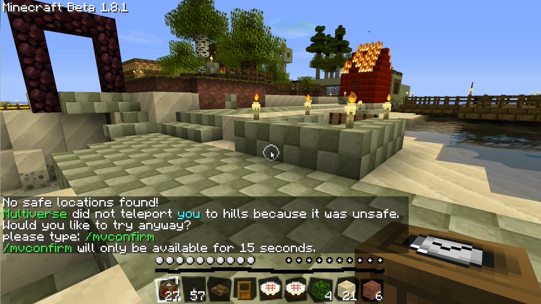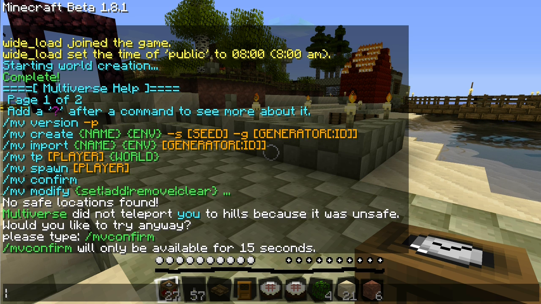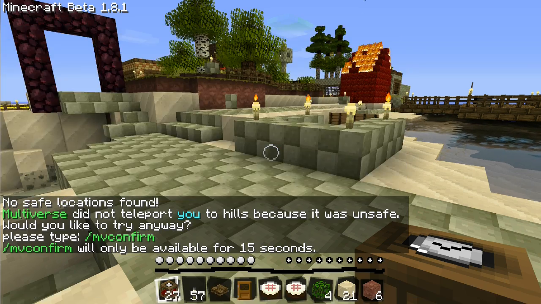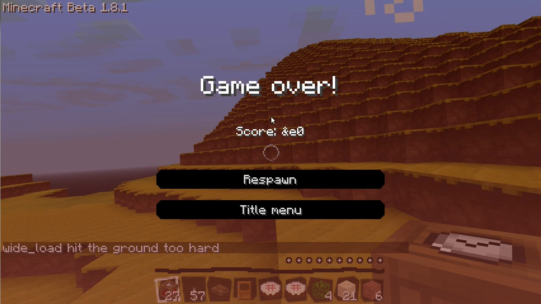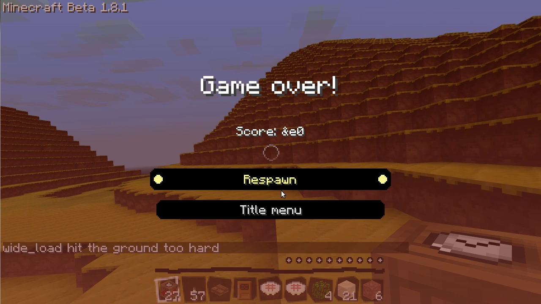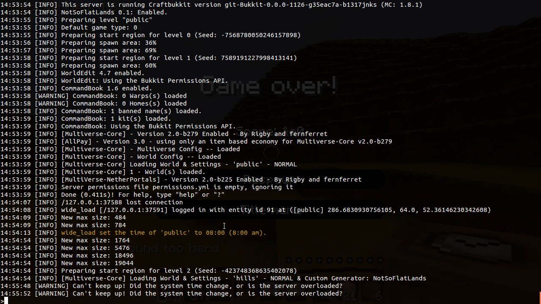And then because there is no defined spawn point, we get this warning, but we can just ignore that and we can set one later with Multiverse if we need to. So there you go, I fell to my death, but as you can see there are hills, and what I will actually do is just stop the server, and set this world